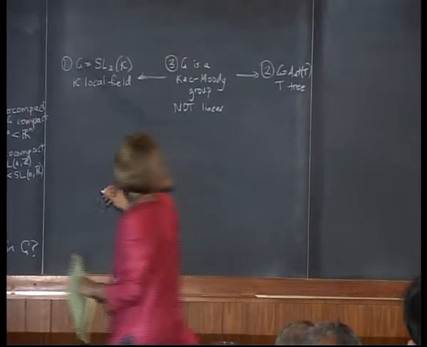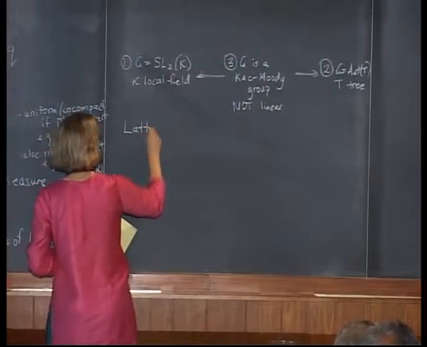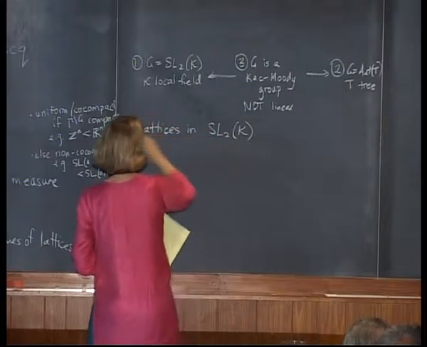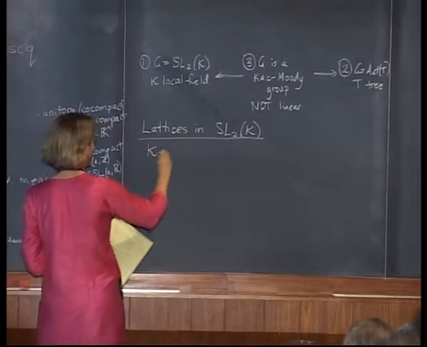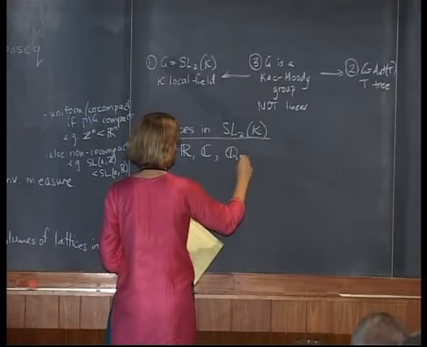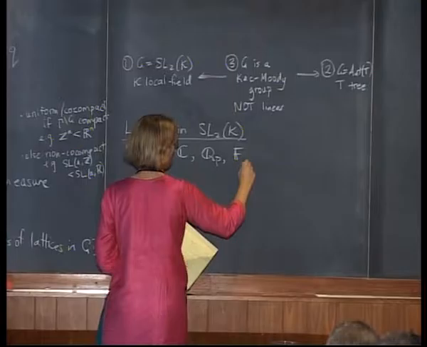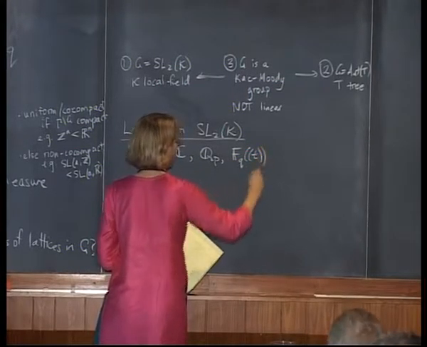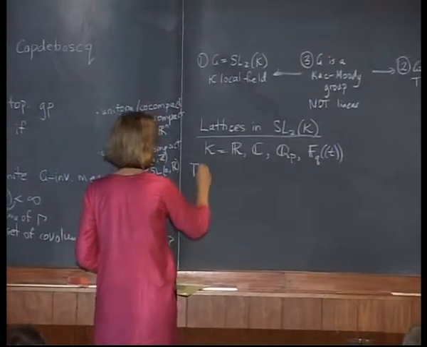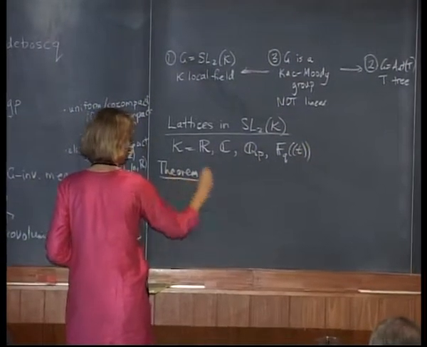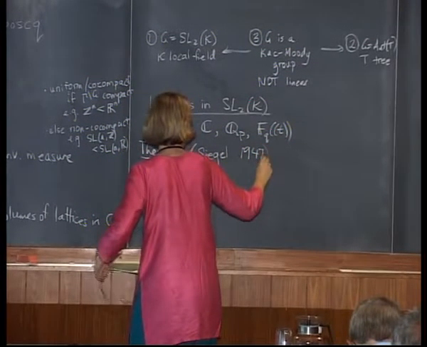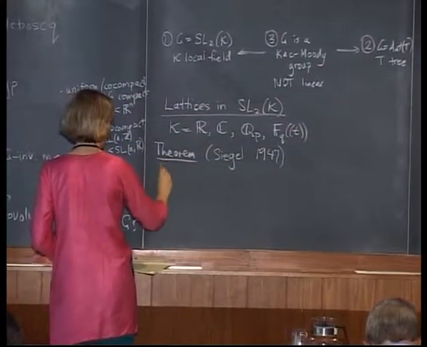Okay. So the first case, the kinds of fields we're talking about are the reals or the complexes or some non-Archimedean fields, the p-adics or Laurent polynomials over a finite field. And a well-known result from the late 40s for this case, a theorem of Siegel, is that